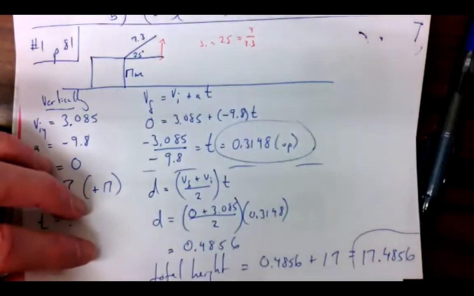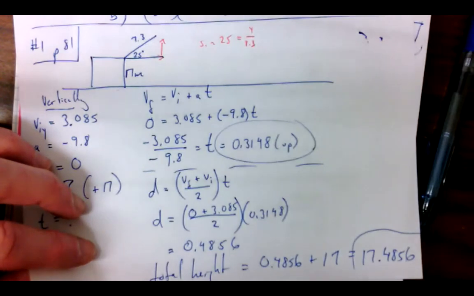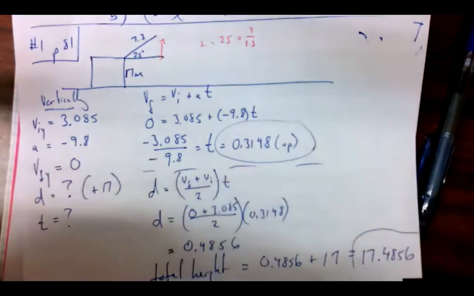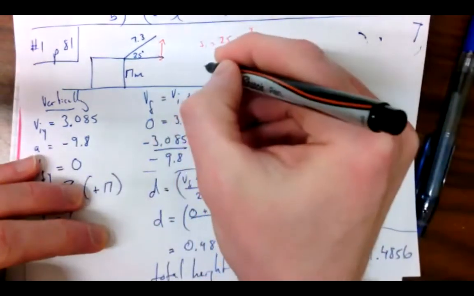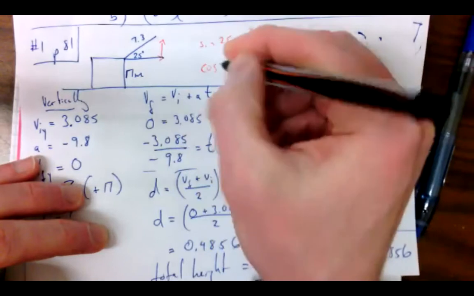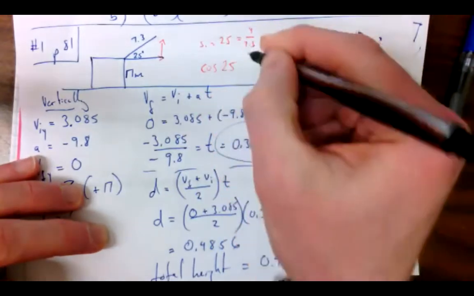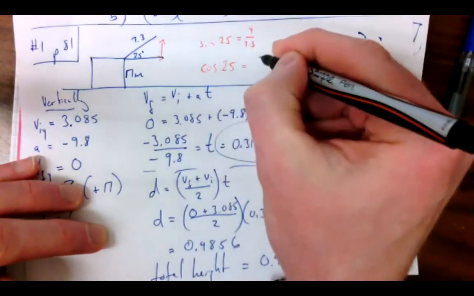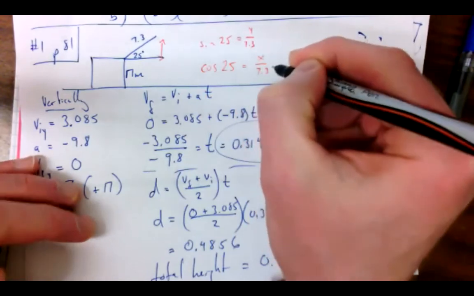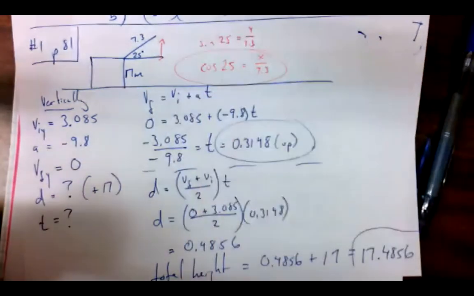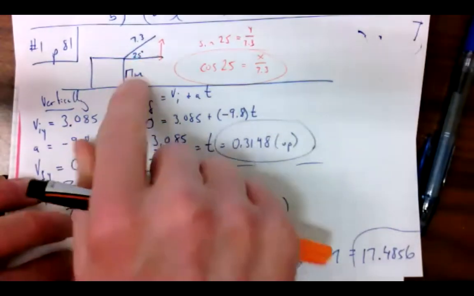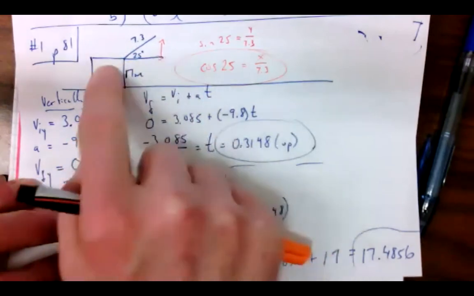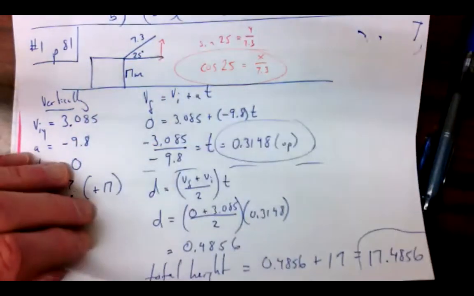So the horizontal velocity, do I have like a black pen? What is this? It's orange? It's probably going to look the same. So it's going to be cos of 25, I'm going to write this on another piece of paper, equals x over 7.3. That's going to give us the initial velocity horizontally, but the horizontal velocity doesn't change. Back to your home orange pen. All right, so